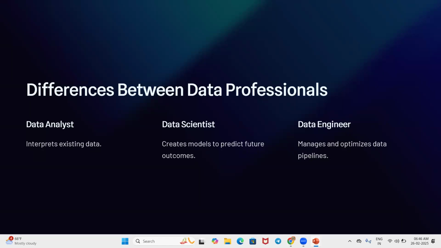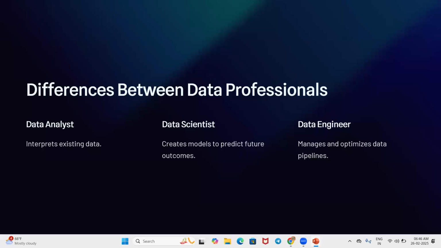If I remove the duplicates, the accuracy of the data will increase, right? So the data engineer will do the cleaning in the ETL tool, which is called extract, transform, load.